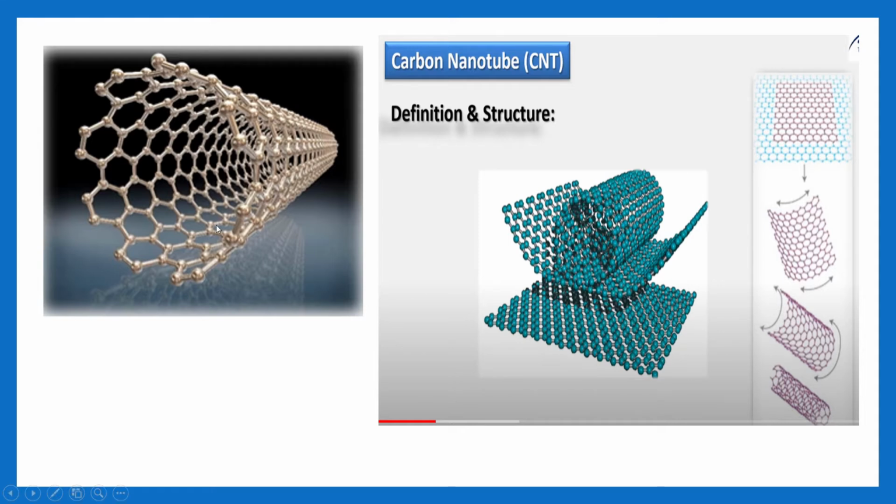If you take the ratio of diameter of the carbon nanotube to the length of the carbon nanotube, it is 1 by 100. You can say the length is more dominant in the carbon nanotubes. Length is one of the predominant parameters in the carbon nanotubes. So considering this point, we can consider carbon nanotubes as one-dimensional structure.